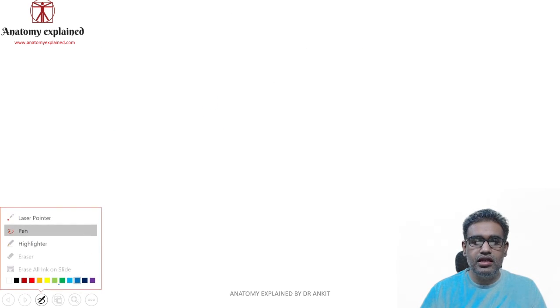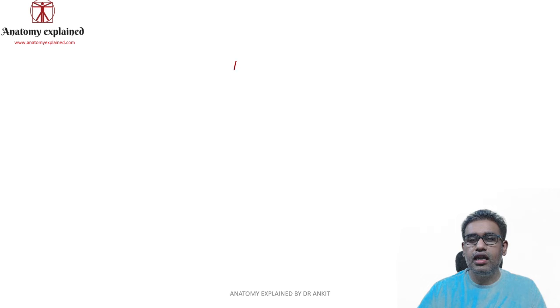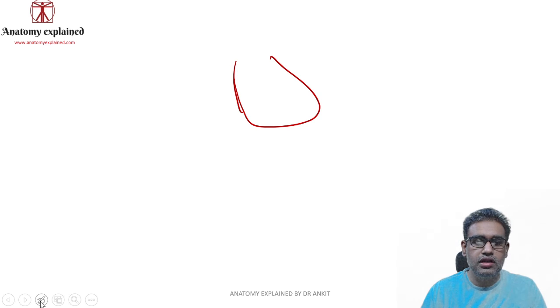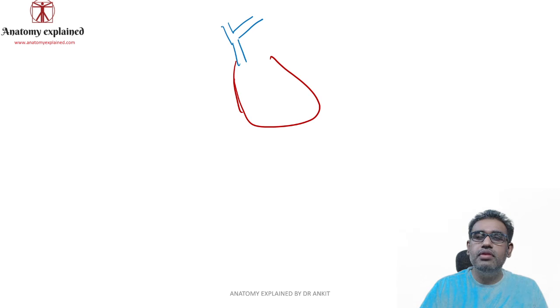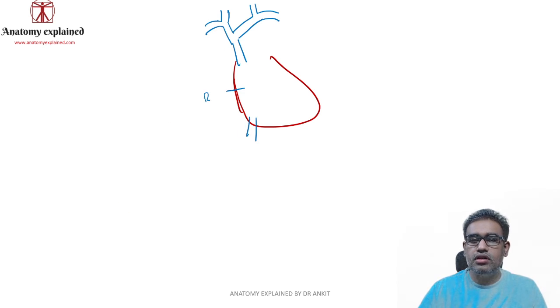Imagine this was our heart over here. Again, the anatomy of the heart has been covered. The link will be in the box, you can check it out on the channel also. And you can see this was the SVC, formed by the two brachiocephalic veins, the right brachiocephalic and the left brachiocephalic. Both the brachiocephalics are formed by the subclavian and the internal jugular. So the internal jugular is from the neck region, and this is your subclavian vein. And this is your IVC, and this chamber is your right atrium.